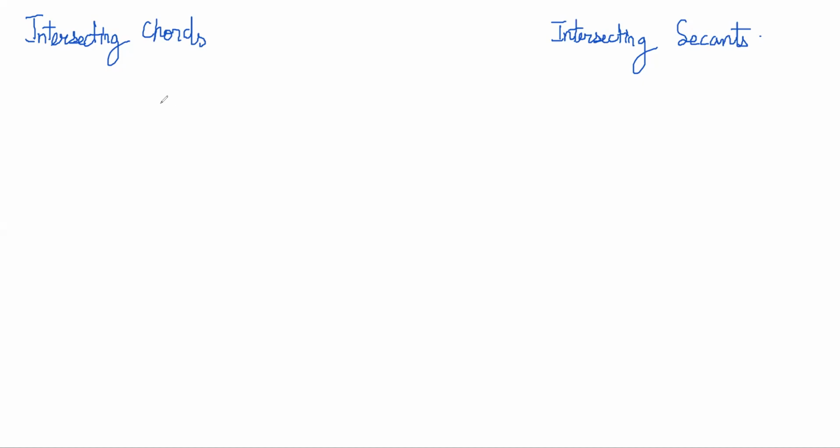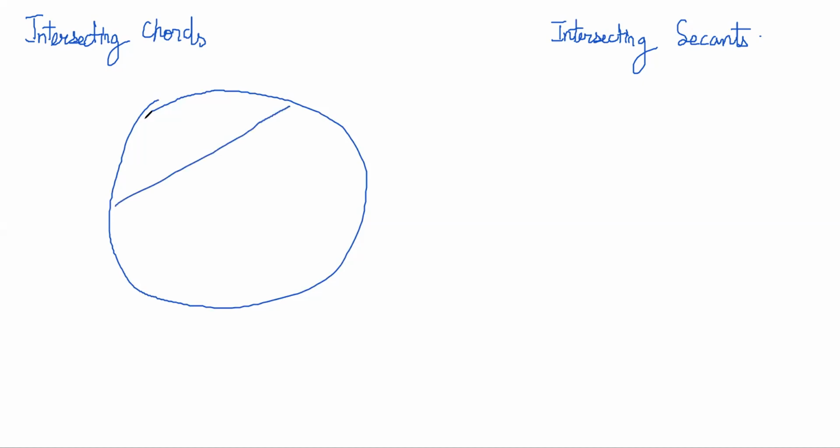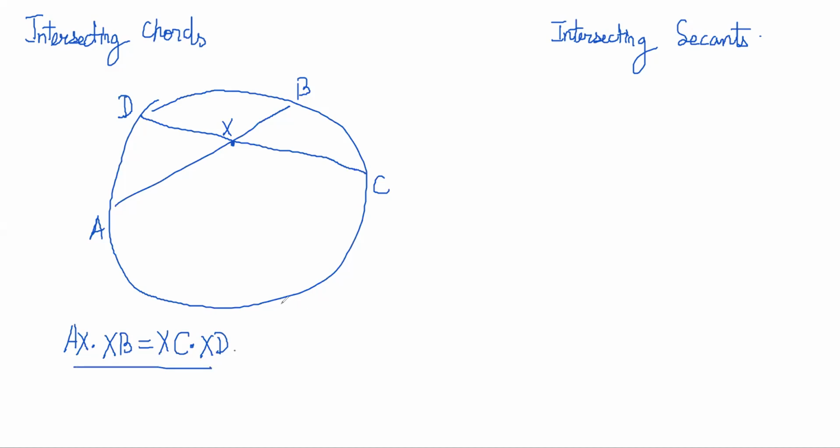So let's say this is a circle and we have two chords. One chord is like this, one chord is like this, and this is A, this is B, this is C, this is D, and they intersect at some point X. AB and CD are two line segments that intersect at X. We have to prove that AX into XB is equal to XC into XD. This is just power of a point, but right now we have not studied power of a point, so you can prove it without that also. So they are similar triangles.